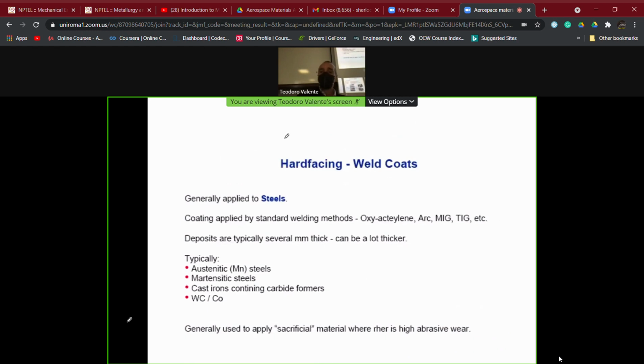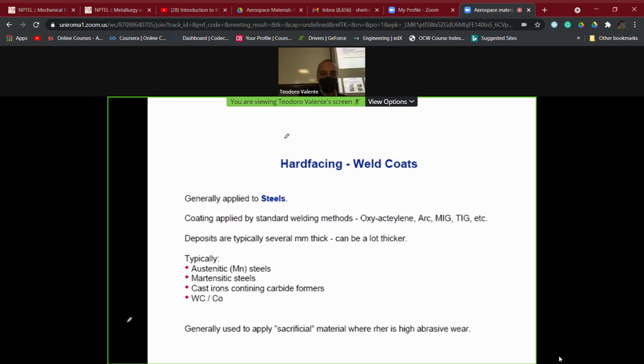We have also other techniques which are essentially for steels, the so-called overlay weld coatings, in which we are not making a weld between two components, but we are reporting on the surface of our component fused metals, as in the case we are going to weld something. And this can be done, for example, by using standard welding techniques like MIG, TIG, oxyacetylene, with the deposition of millimeter thick